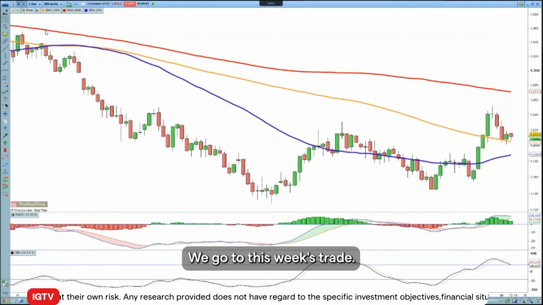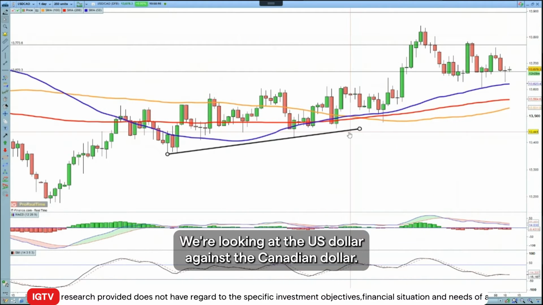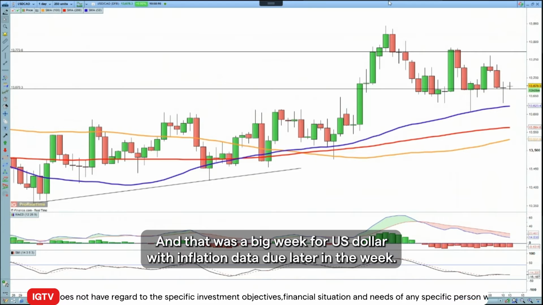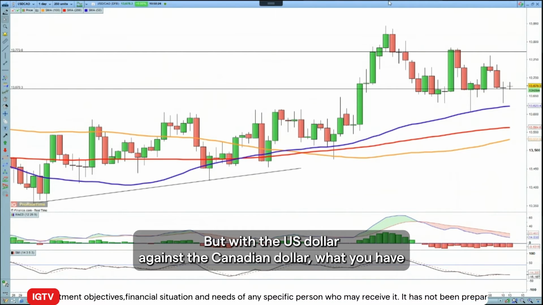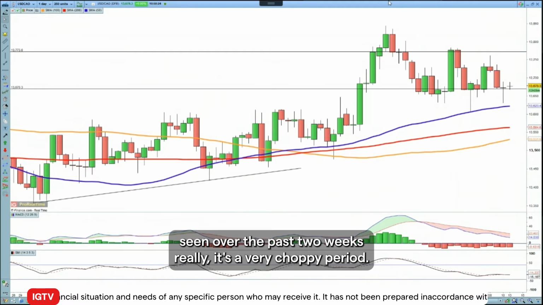We go to this week's trade. We're looking at the US dollar against the Canadian dollar. Now, of course, a big week for the US dollar with inflation data due later in the week. But with the US dollar against the Canadian dollar, what you have seen over the past 2 weeks, really, is